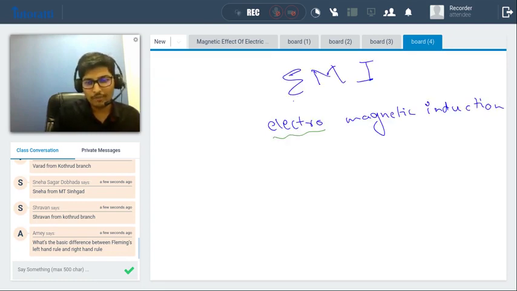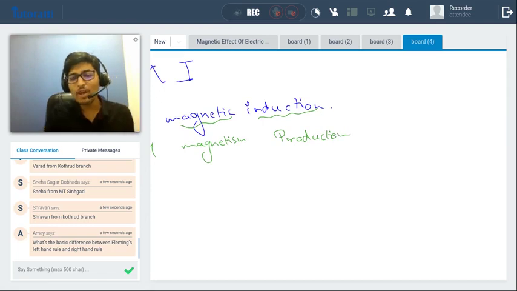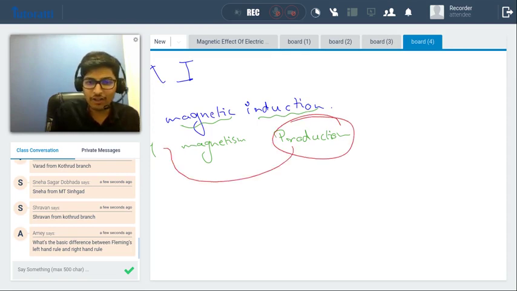The word electro comes from the word electricity, the word magnetic comes from the word magnetism, and the word induction basically means production. So what are we saying over here? Understand, what is EMI? EMI simply means production of electricity